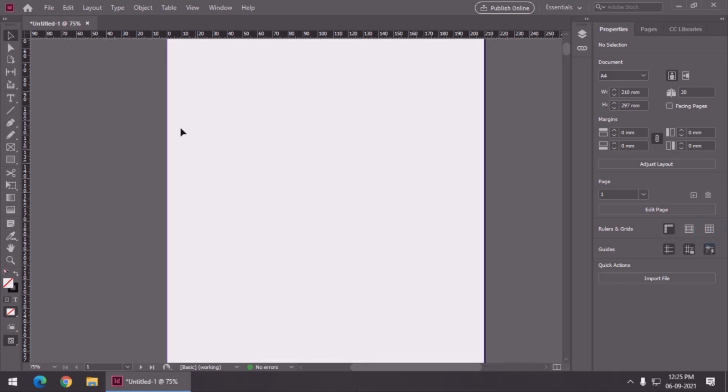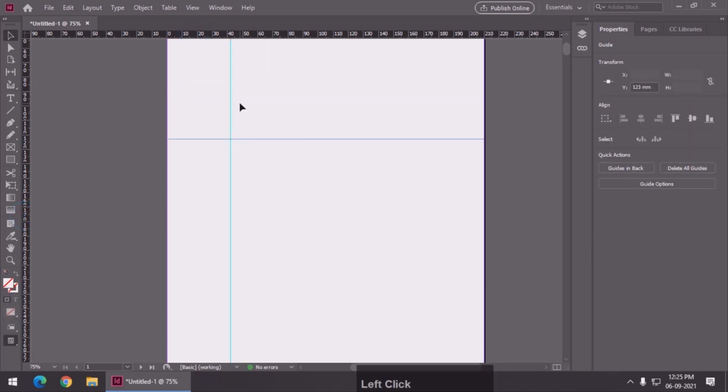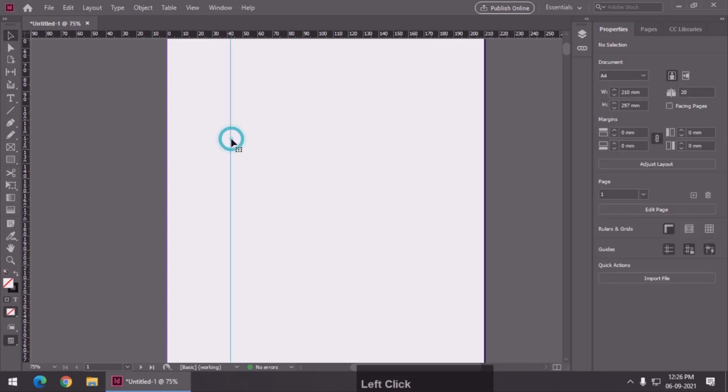Again, it's pretty much similar to Illustrator and Photoshop. We can also use the guidelines. And remember, guidelines are only used for our reference, as a guide for alignment. But they are not visible in printing. They won't be visible after printing, and even if you only publish it online, they won't be visible either. So this is for our reference. If you don't want it, you can simply click and press the delete key to delete the guidelines. So this is the basic